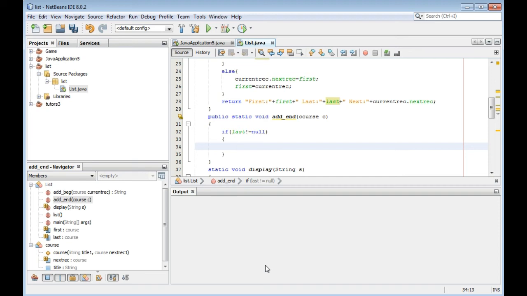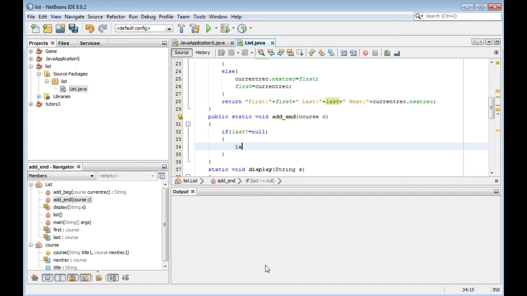If last is not equal to null, then we should first get the last record.